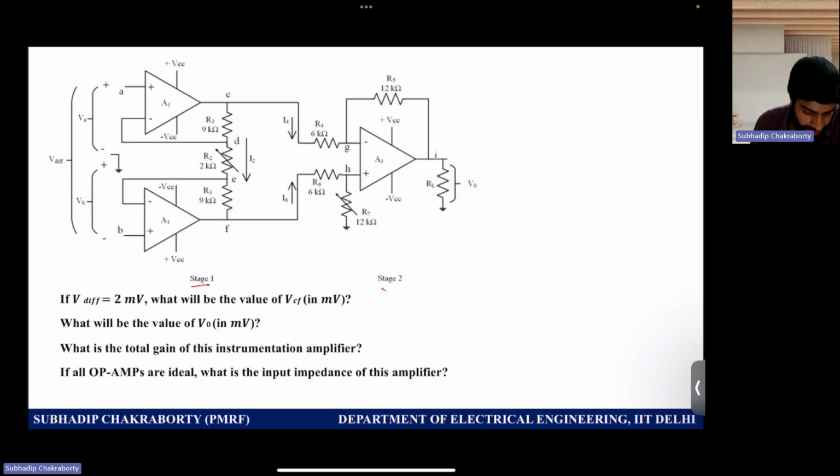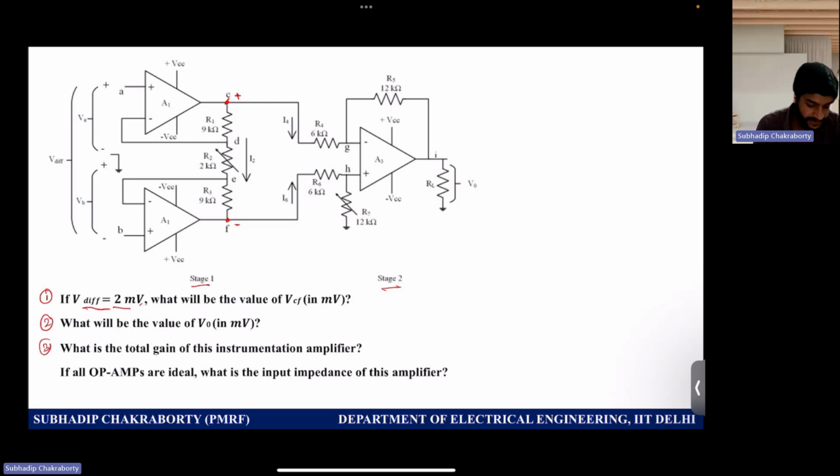So we have been given that the V differential is 2 millivolts, so the differential voltage across the points A and B is given to be 2 millivolts, and then the value of VCF is being asked. So VCF is the potential difference between these two nodes. So this is part 1, and as part 2 we are being asked to find the value of V naught,